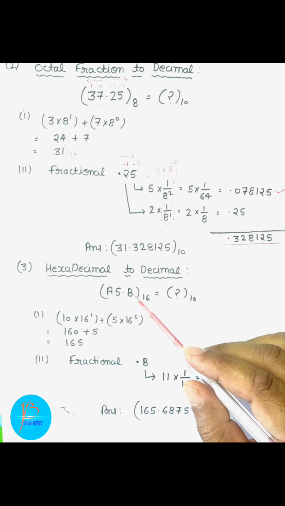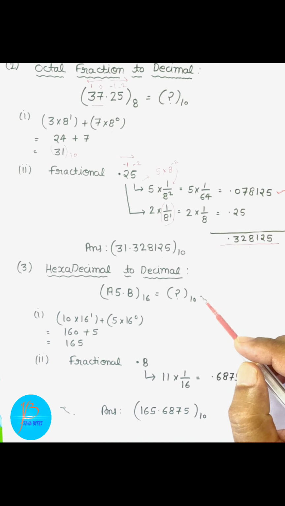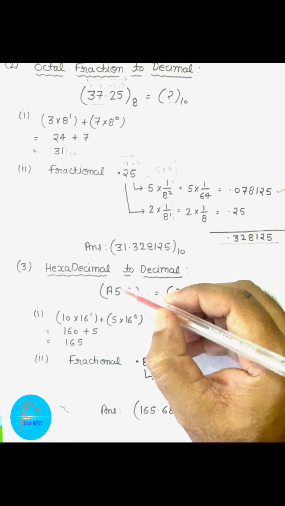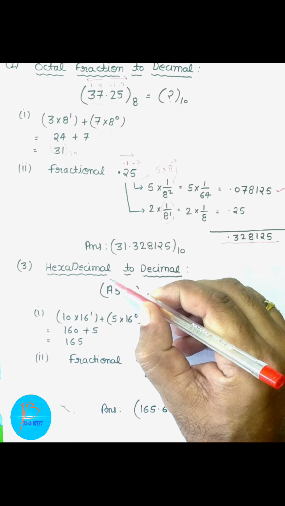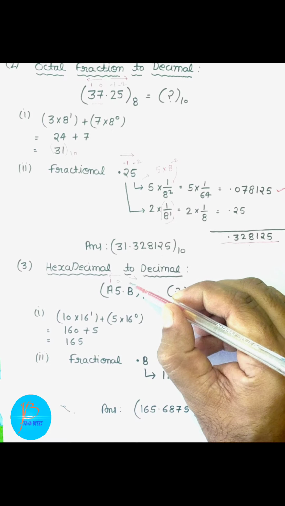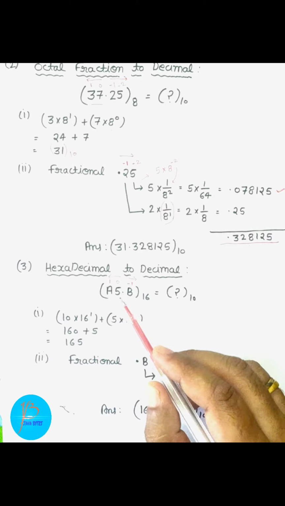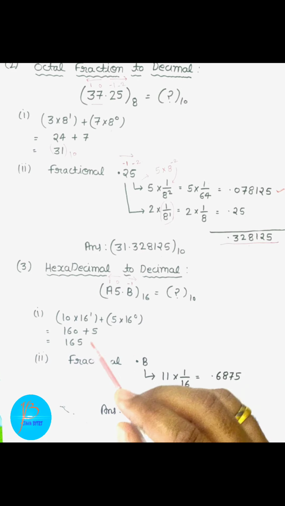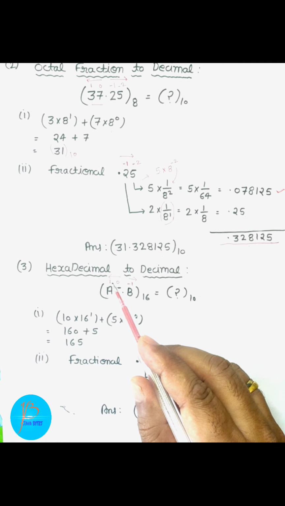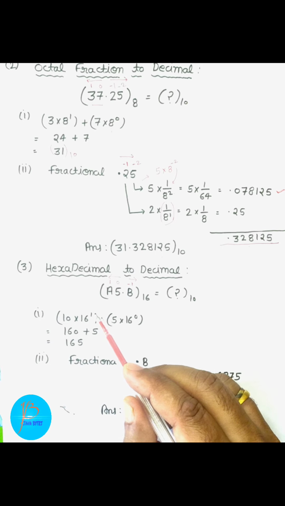As you know that a few alphabets are used, A5.B. Okay, and we have to find out its decimal equivalent. So children, the same logic we are going to apply. You know that the integer part will be marked as 0 and 1 from right to left, and the fractional part will be marked as -1 from left to right, and after that you will solve both these parts separately. Okay, for example here it is given A5, so you know that the A has the power 1, so you will write down 10 into 16 raised to the power 1.